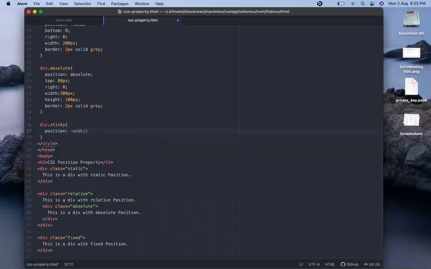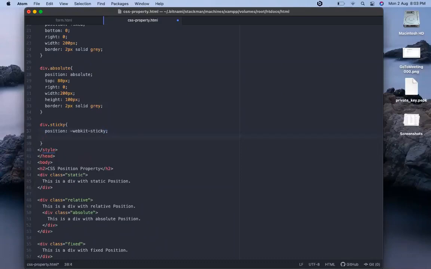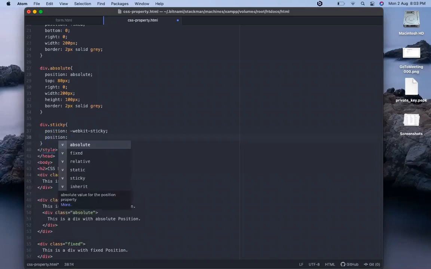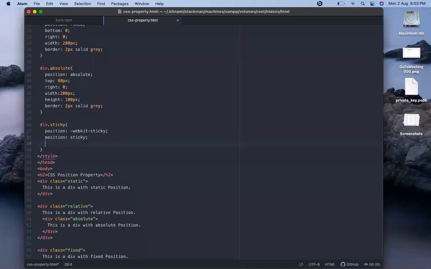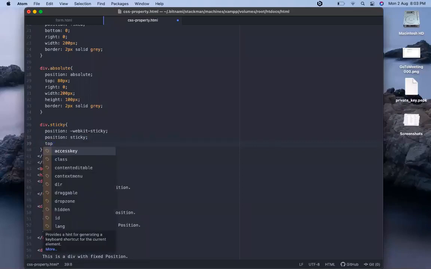WebKit is basically, it depends on different web versions. Sometimes it works different in Chrome, sometimes it works different in Firefox. So to make sure that the platform independency issue is not there, we use WebKit. Position again sticky by default browser,